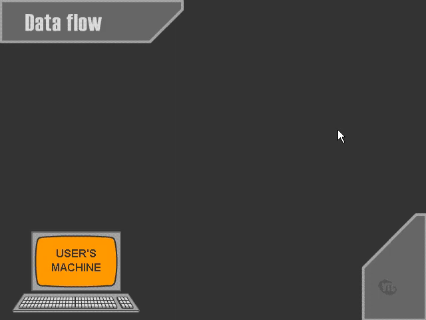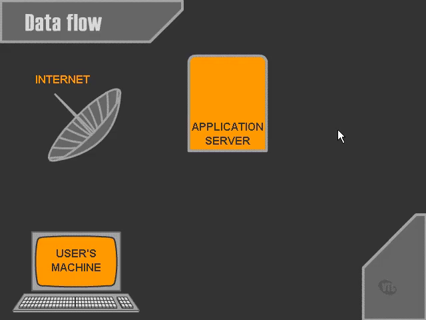In this movie, I'm going to explain a little of the way data moves around with the dynamic website and how this differs from static web pages that you're probably very used to creating. The different elements that we're going to look at are the user's machine, which is connected to the internet, and the server, in this case an application server, and this differs from a standard web